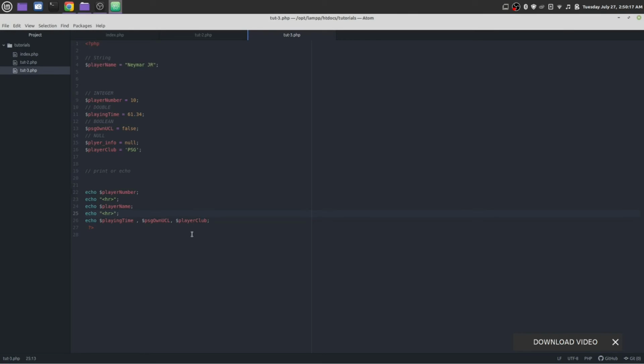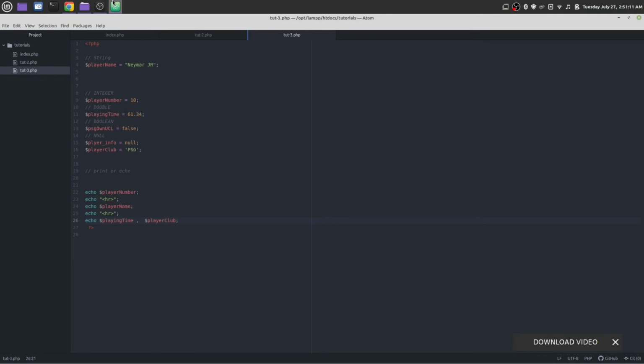This 61.34 means playing time, and PSG on UCL, this is returning as a condition. Let's get rid of it. Player club. This player club is PSG. You see, you can see the player club.